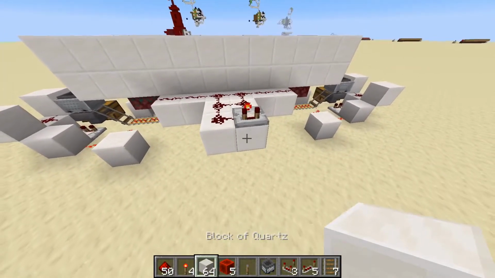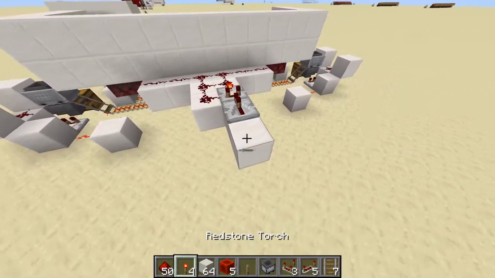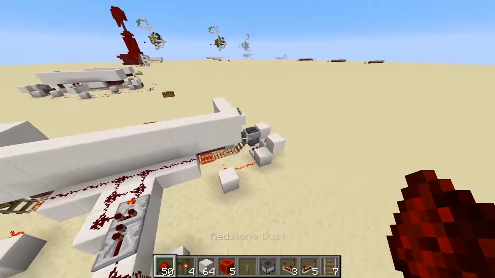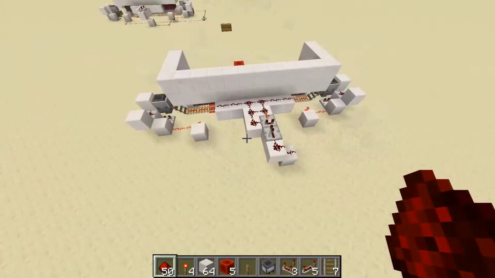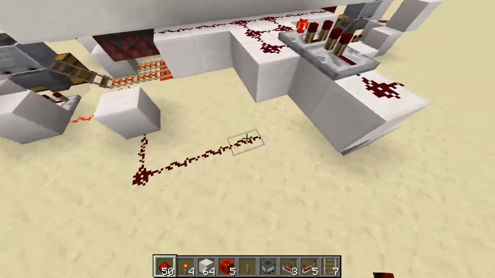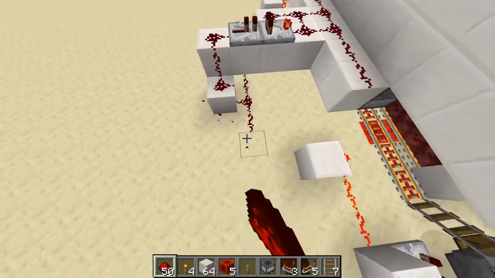Then what you're going to want to go ahead and do is place 2 blocks in the back, put a repeater down, put some dust, and then 1 more dust to the side, nearest our switch over there. Now, head behind this torch right here, or this block with the torch, go ahead and connect this up like so, with redstone dust, so it connects to this block right here, and we're also going to connect it to